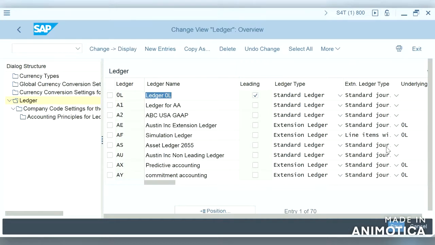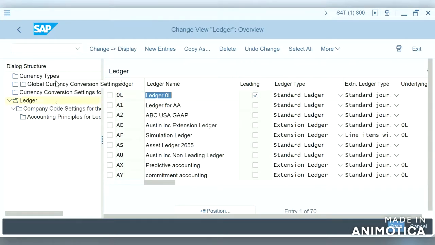In each company code, the leading ledger receives exactly the same settings that apply to that company code. That means the currencies, the fiscal year variant, the posting period variant, everything will be similar to the company code. You can define a second and third parallel currency for your leading ledger for each company code.